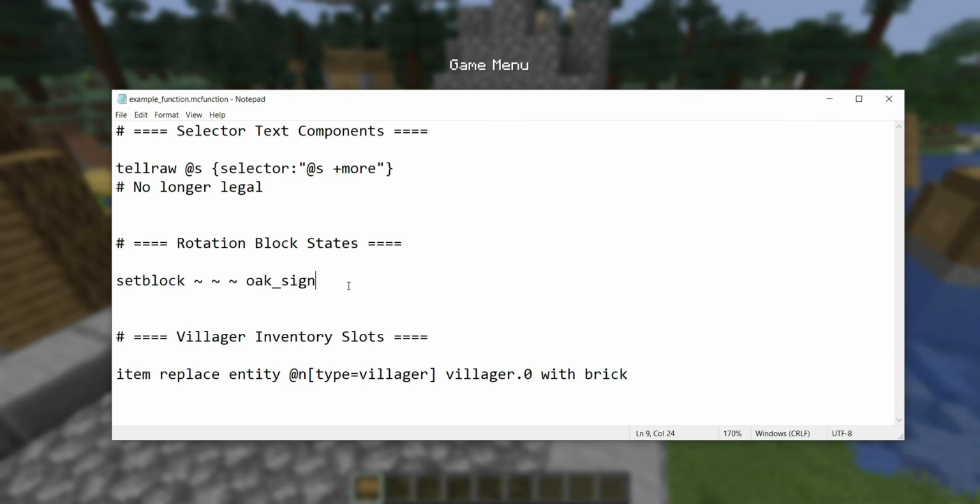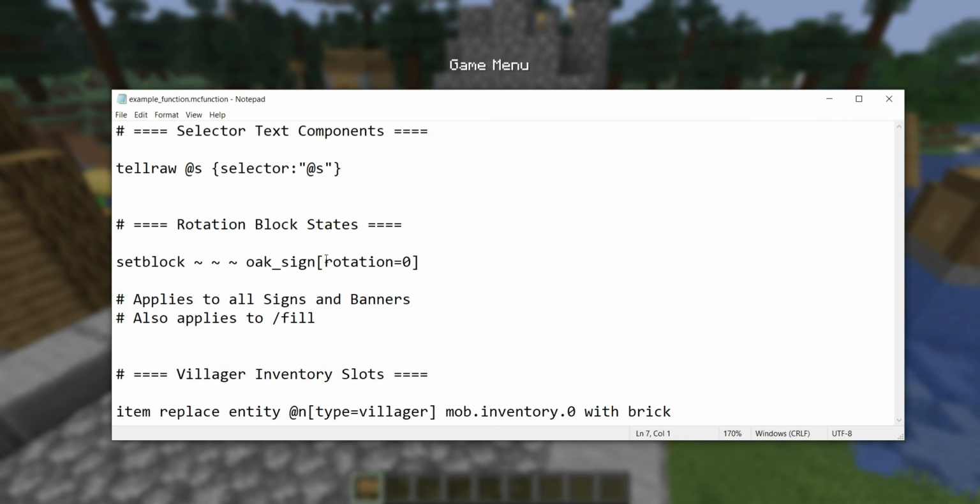like it did before. Now this means that if you actually were specifying the rotation before, then nothing will actually change, you're all good, but the thing to watch out for is that if you were set blocking a sign or a banner and you weren't specifying rotation at all, that means the rotation was defaulting to 0. In the new version, you now need to specify rotation equals 0 to keep that command working the same, because if you don't, it will default to 8 instead, and all your signs and banners will be backward from the